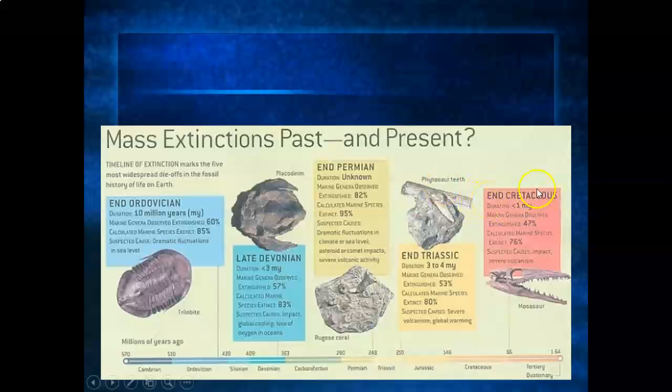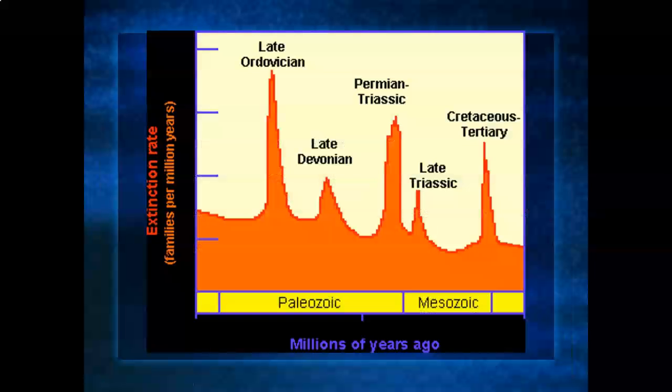And then finally, at the end of the Cretaceous era, we also see an extinction rate. There are once again our impact craters, several volcanic eruptions. So hopefully you're seeing a pattern here: normally when volcanoes erupt a whole bunch, they also send gas and dust into our atmosphere, which can cause the sun to be blocked out, which is not a good thing. So there you go. There's another little show of our extinction rates.